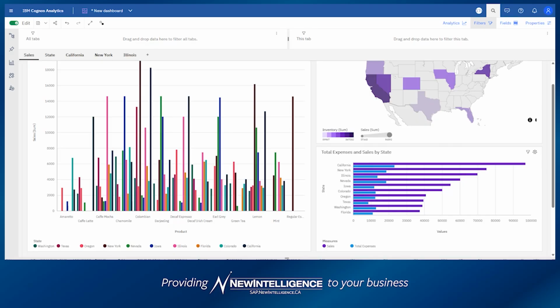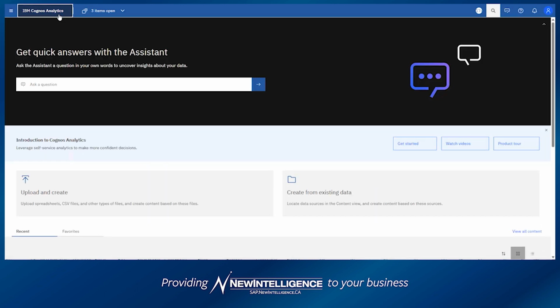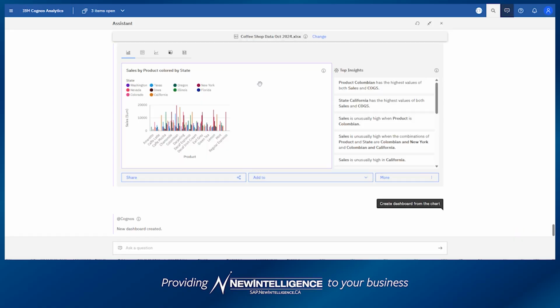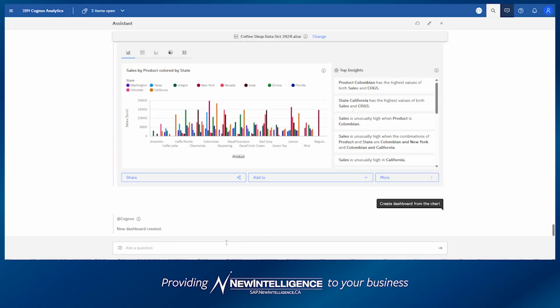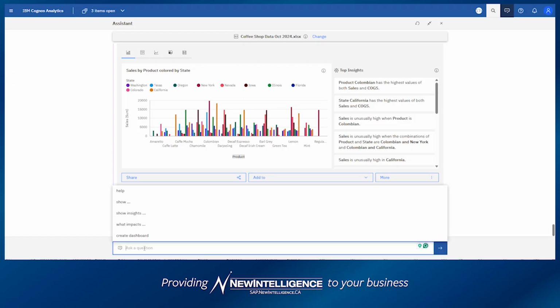Now, we also have the ability to go back to Cognos Analytics and work with the assistant. So I can pull up the assistant and see the things that are here, and I can start asking questions inside of this screen. So I can ask other things that I want to look at. For example, I might say, show me